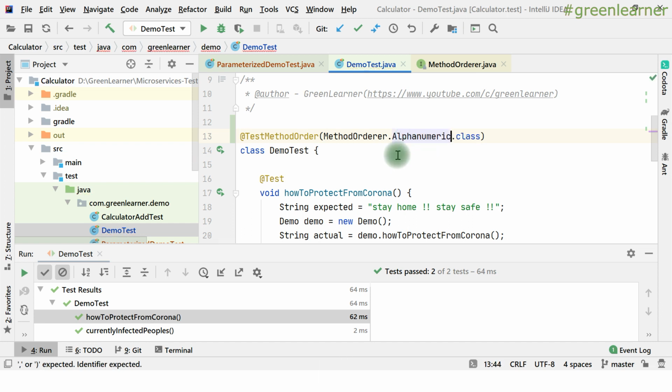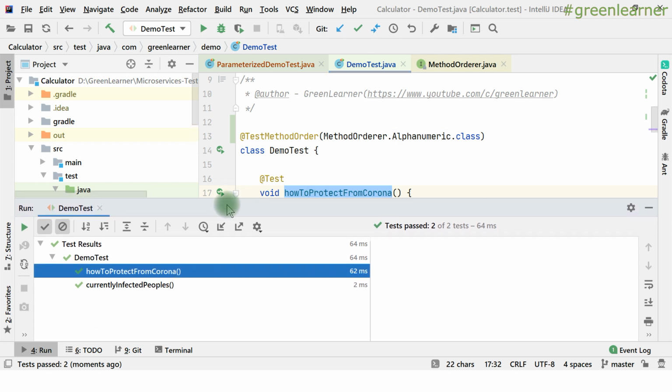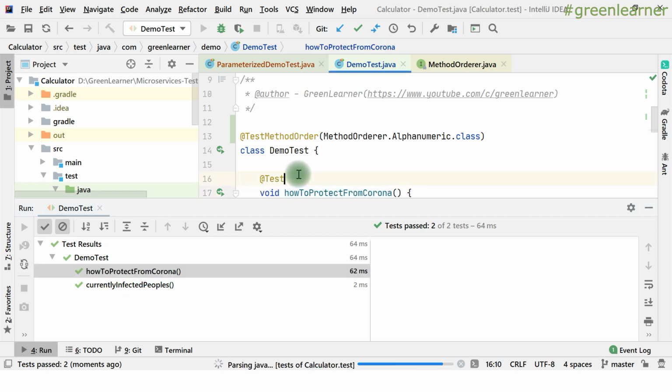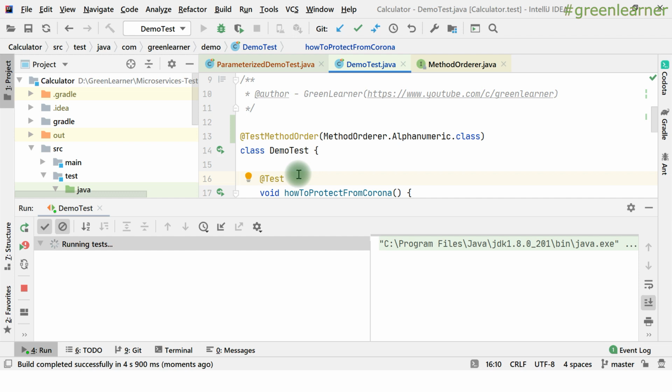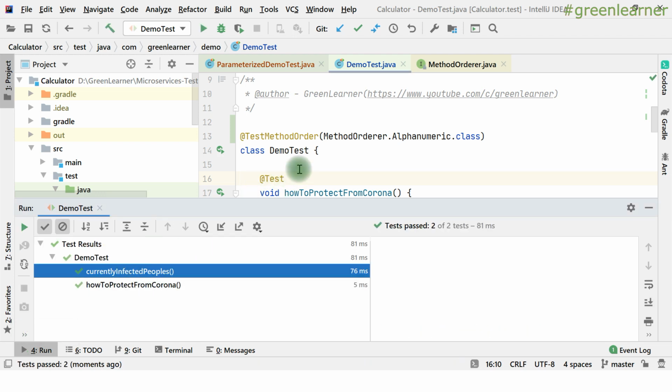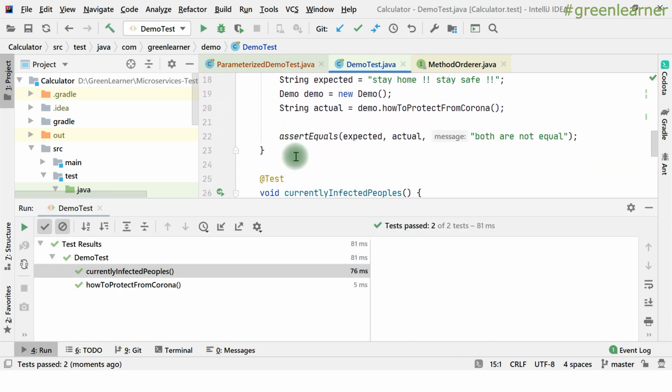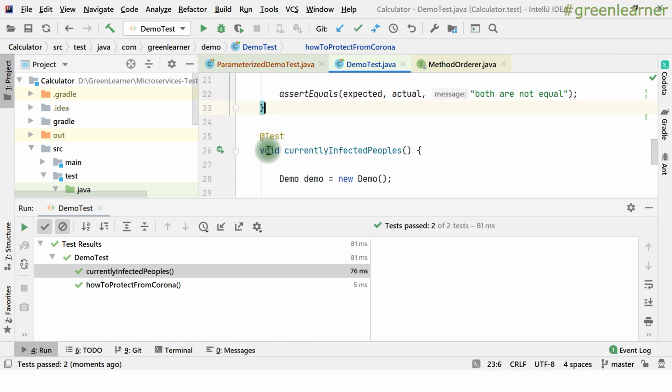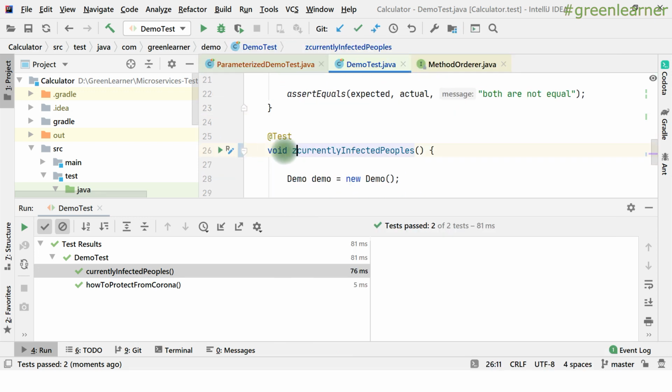Alphanumeric order, right? It will look at the name of the method or the display name, and then order them alphabetically. So if I execute this again, I'll get the currently infected people first because this is first in the order of the alphabet. See, we are seeing this one. So if I change this one for the sake of order, if I make it Z so that it comes last in the order,